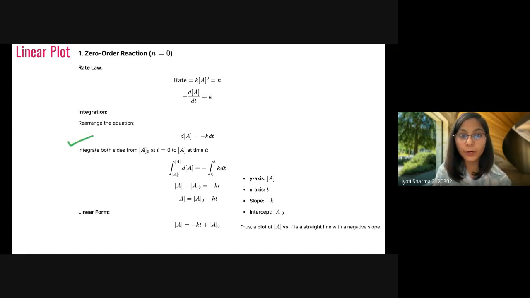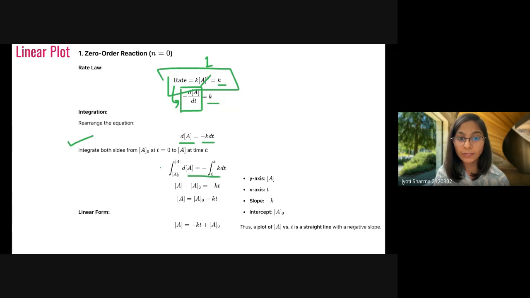We already have learned that rate is equal to K multiplied by the concentration of reactant raised to power 0, and we know that this is nothing but 1. So rate is equal to K. Here, the change in the concentration of reactant per unit time, which is the rate, is equal to K. Then dA is equal to minus K dt, and if we do the integration of this,